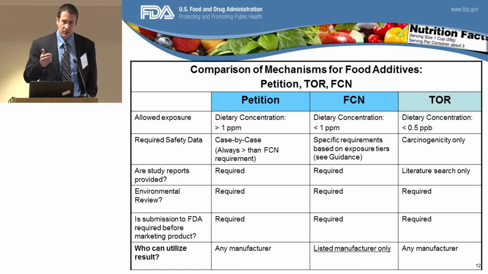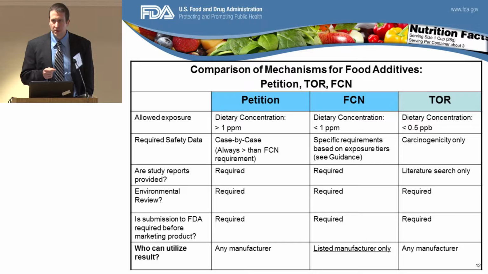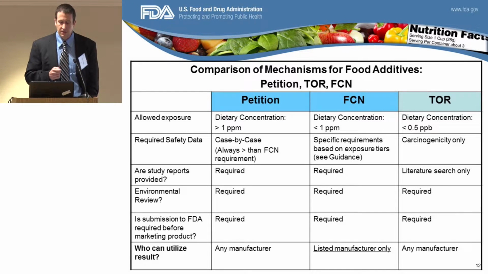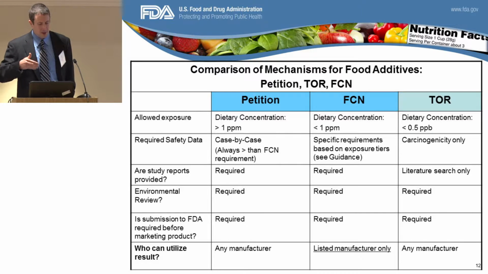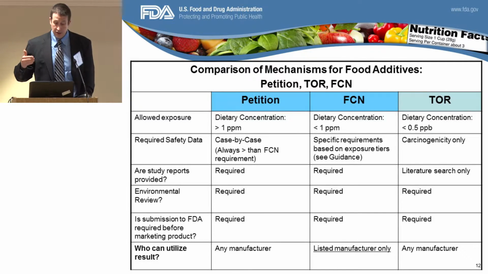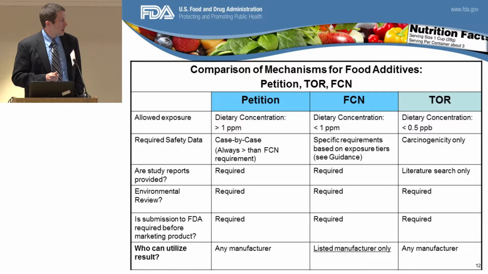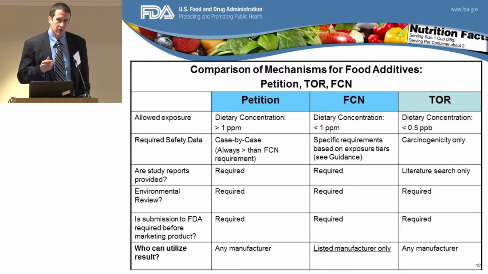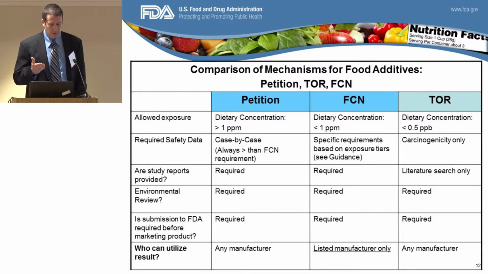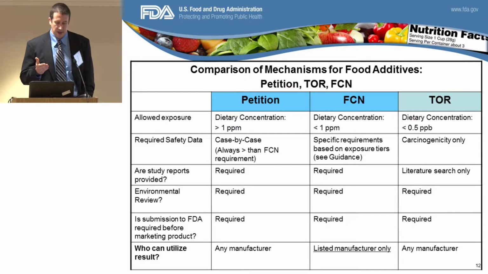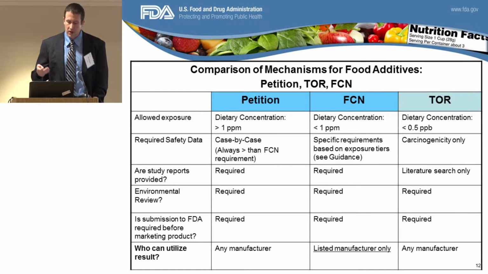There's another tox tier between 50 parts per billion and 0.5 parts per billion, and then there's another tox tier for exposures between 1 part per million and 50 parts per billion. So as exposure increases, more data is required, and we have guidance on that. If we look at petitions, since those are exposures greater than 1 part per million, we're really looking at that specific substance. What are the expected toxicological issues with that substance? And we would give recommendations as to what's required toxicologically on a case-by-case basis, but always that requirement would be greater than what's required for an